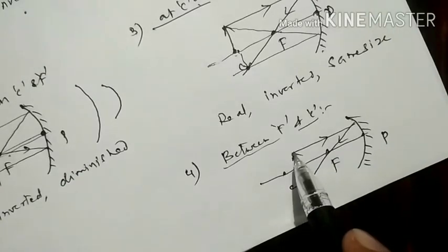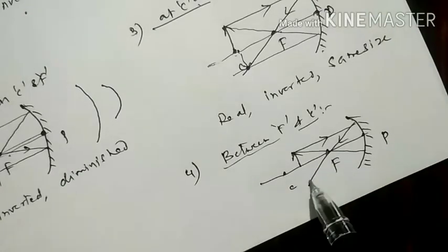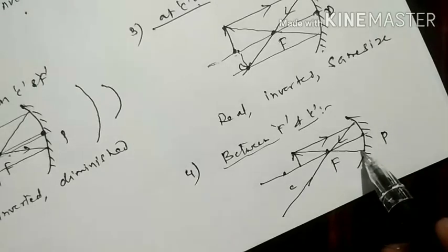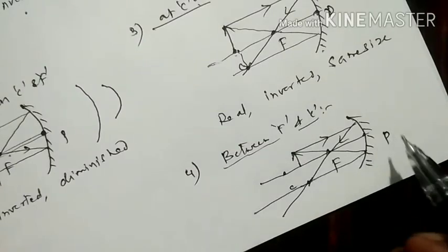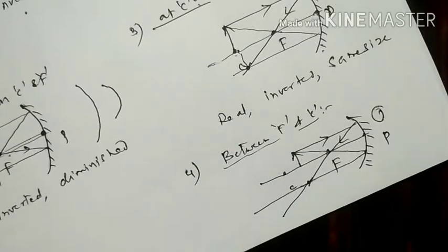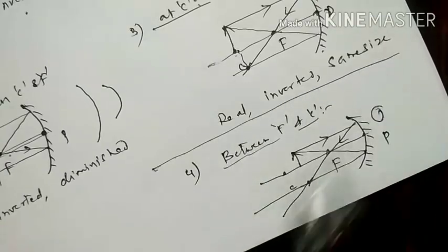A light ray passing through focus, after reflection becomes parallel. So it is also getting between F and C only. So this is not correct. So up to here we can see. Next I will write again. So here the object is